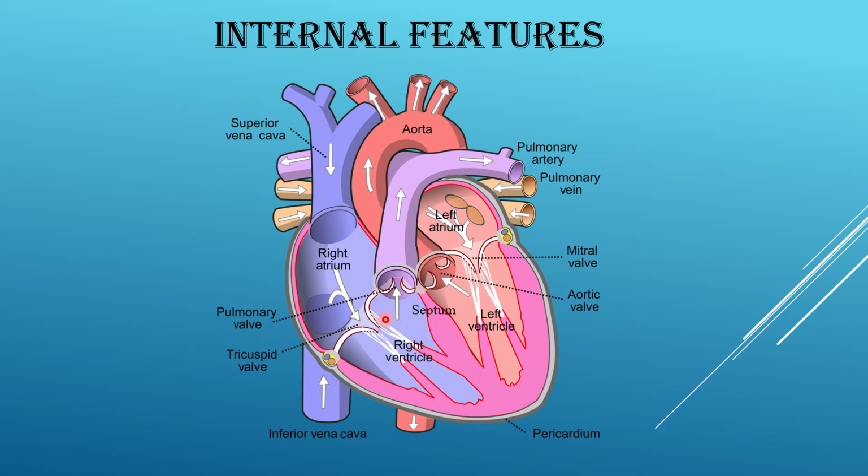And then we'll come to the valves that regulate the flow of blood in the heart in a single direction. Now these arrow marks show the flow of blood. So this flow of blood is regulated by these valves. There are two sets of valves. This is the atrioventricular valve. So the atrioventricular valve is located between the atrium and the ventricles. Of course, there are two sets. On the right hand side, it is the right atrioventricular valve, which is also known as the tricuspid valve.